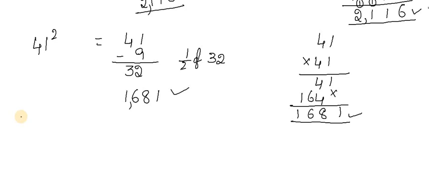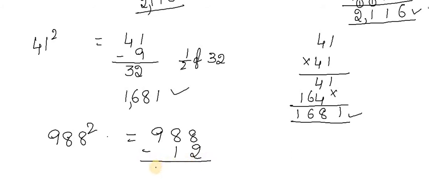I hope you all understand it easily. I just selected multiplication of 2 digit squares, but of course you can do this even for numbers near 1000 also. Okay, shall we go for a number which is very near to 1000? 988 I'll take. So it is less than 1000 by 12. Just do the subtraction: 976, and 12 square is 144.